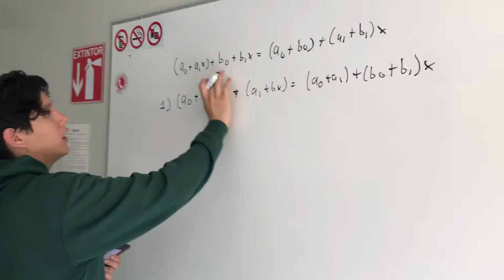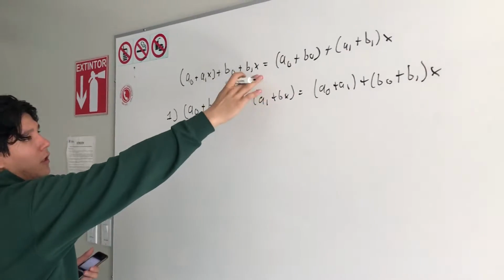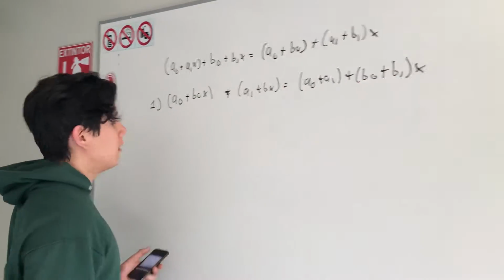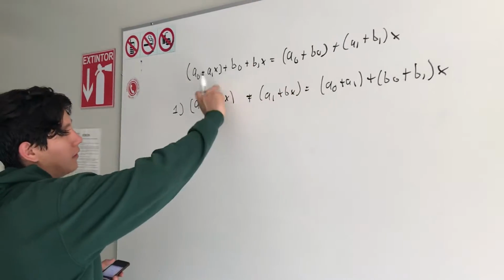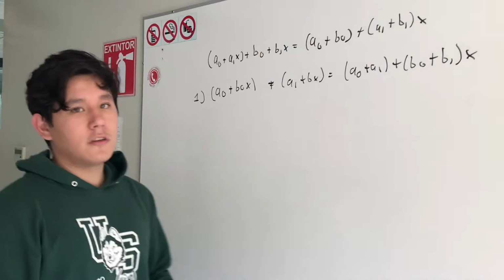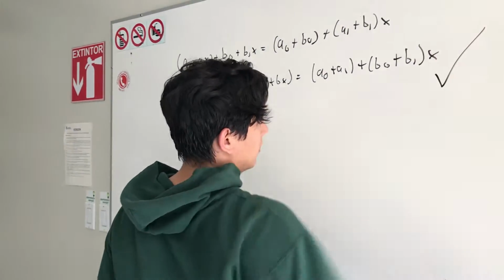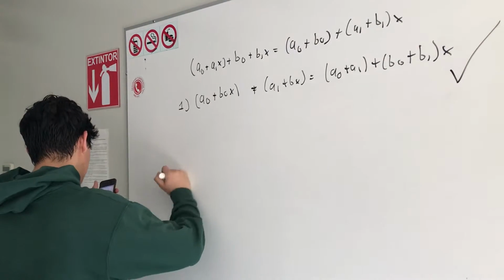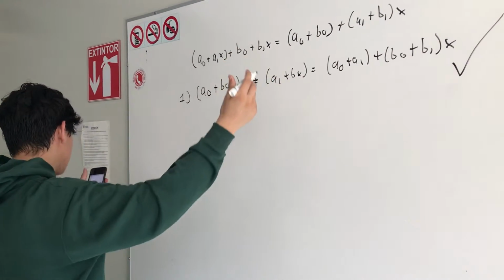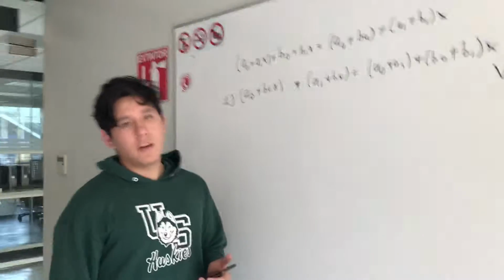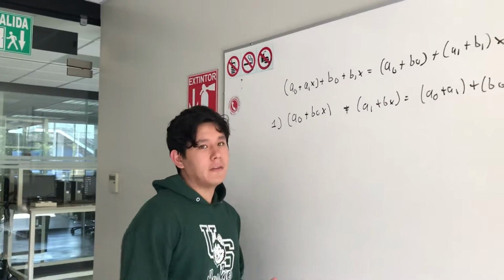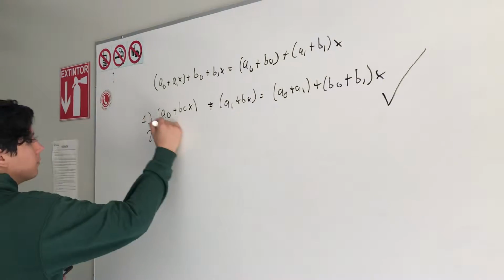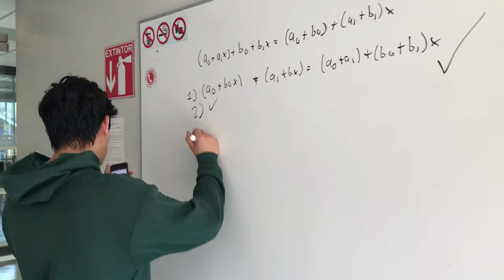So if we see the x is the factor of b0 and b1. So in this case, it's the same as this one. So the first axiom is not failed. So we go on to the next. That is the same axiom as well, but with a different kind of rule, but I will skip that to make this video shorter. But the axiom 2 is also accepted. So we go to the third one,